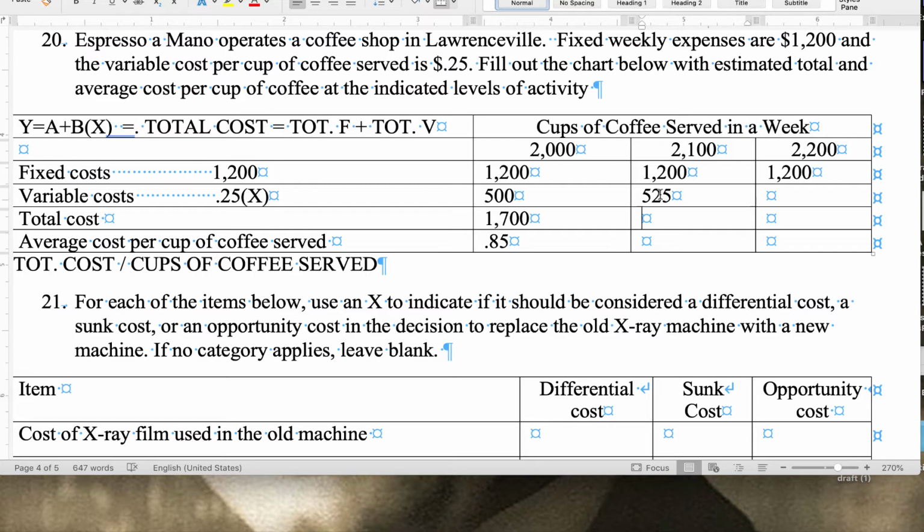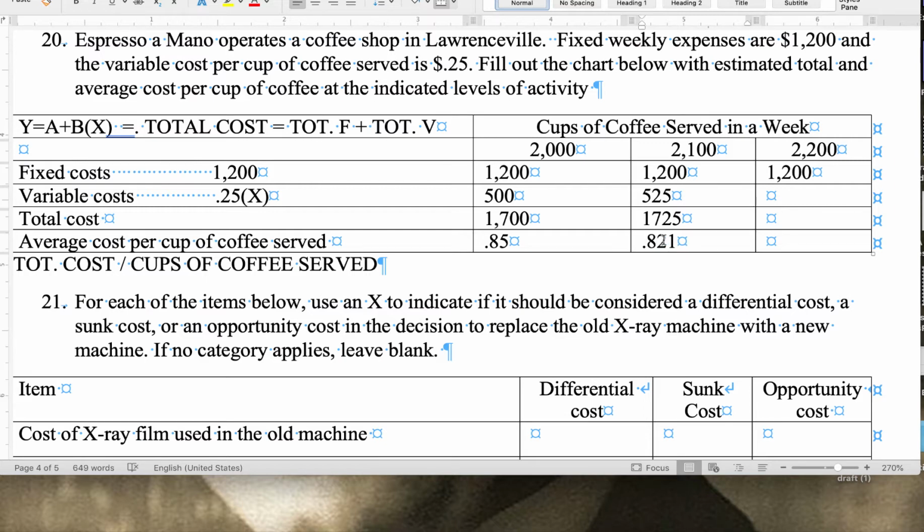Okay, now I need to figure out what is the total cost, meaning how much in total does it cost me to serve these cups of coffee, right? 1,200 total fixed costs plus total variable cost of $525 ends up giving me $1,725. To get the average cost per cup of coffee, I take my total cost of $1,725, I divide it by 2,100 cups of coffee served, and I end up with